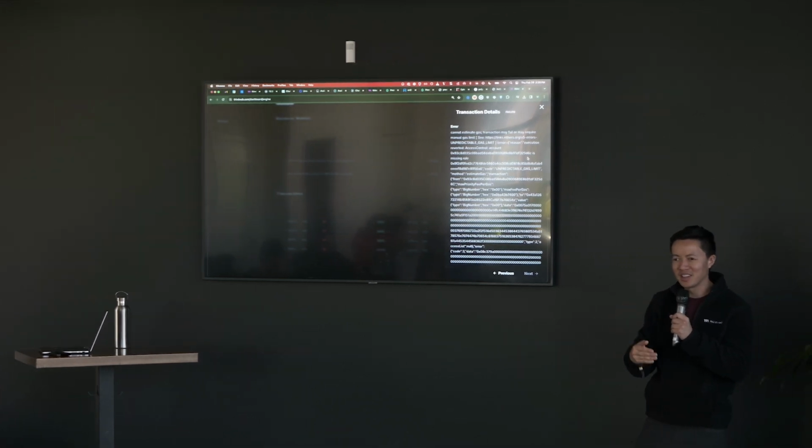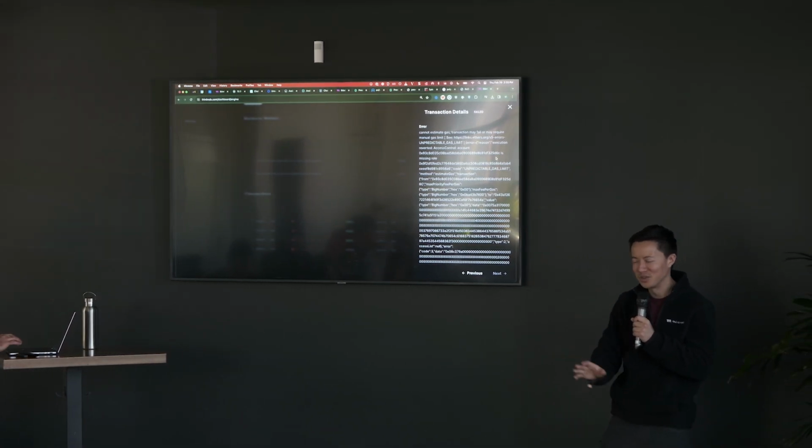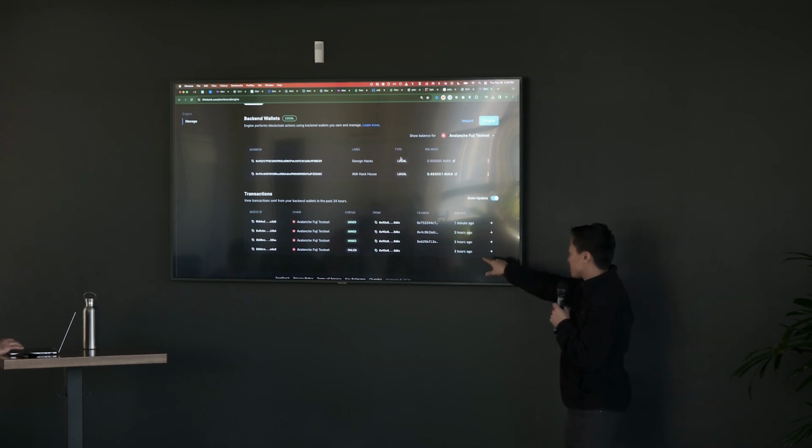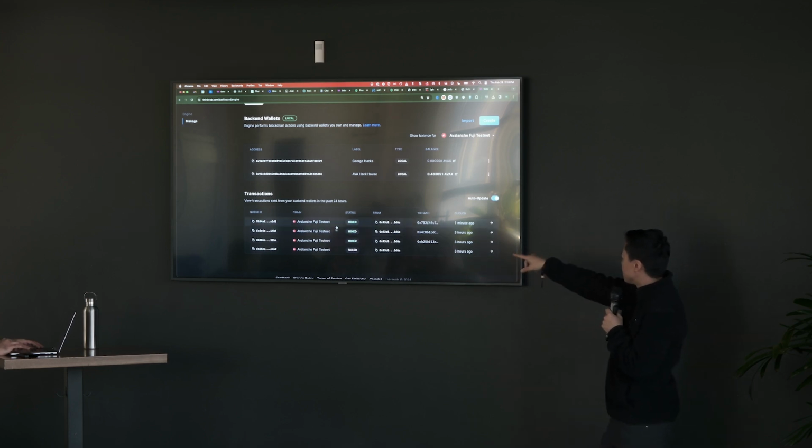How many hours would that have taken you to debug using your own tools? So, we're doing some work to clean that up, so we'll just throw that error message right out in front. But these other ones succeeded. So you can see that succeeded. There's a transaction hash. If you click into that transaction hash, you'll see it's there.